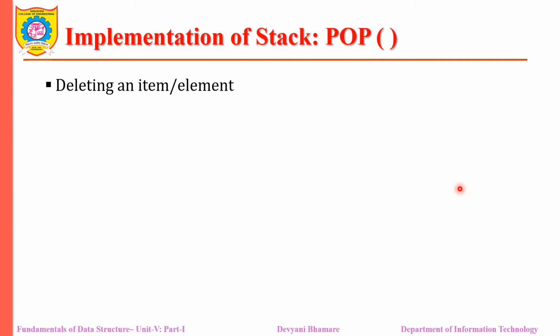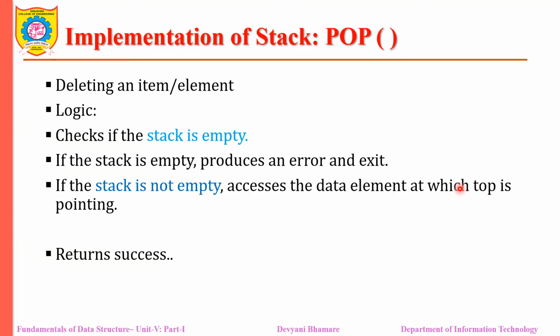How can we perform deletion of an element? If our stack is empty, then we cannot delete an element. So before performing the pop operation, we need to check whether the stack is empty or not. If the stack is empty, then we need to produce an error and come out of the program. But if the stack is not empty, then we select the topmost element and decrease top by 1. So in the pop operation, first of all check whether the stack is empty. If it is empty, display the error message. If the stack is not empty, then we access the topmost element pointed to by the top variable and then decrease the top by 1.